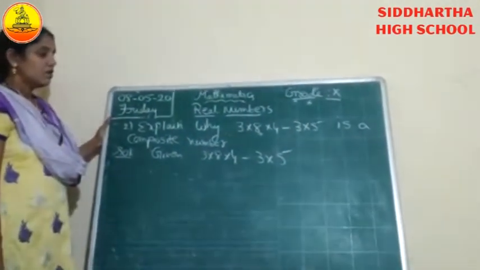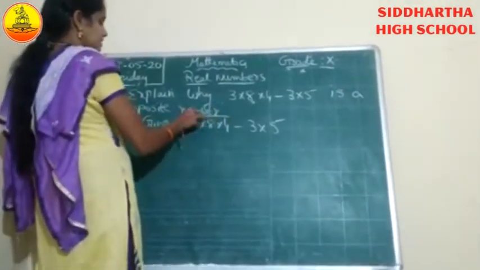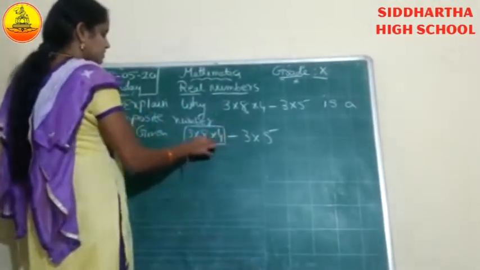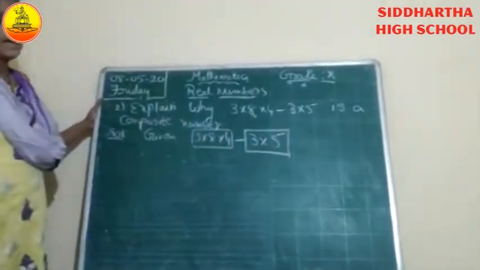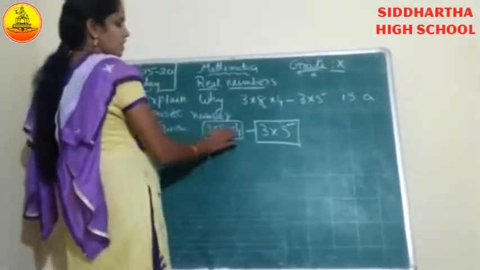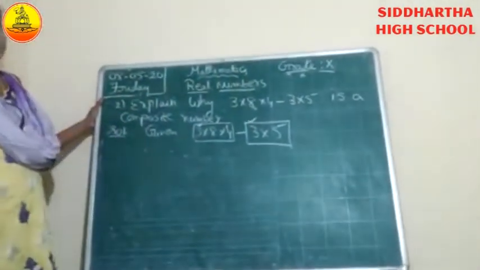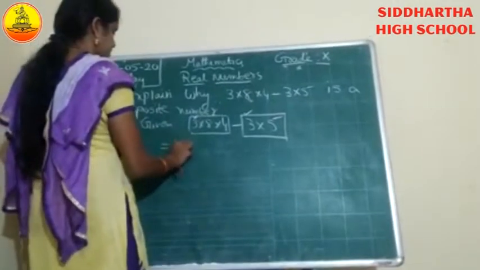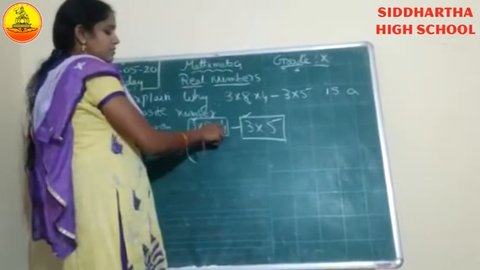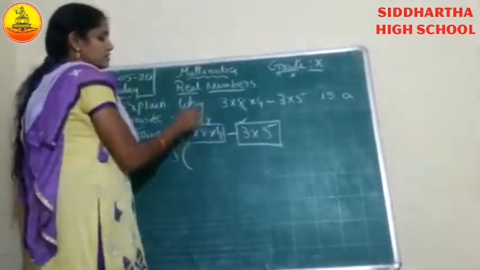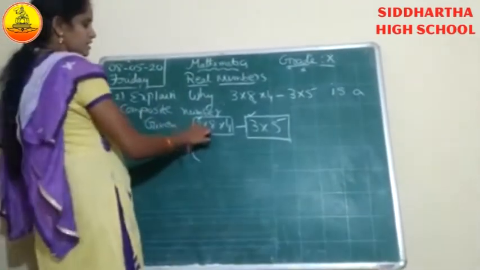Okay. So, what do we have to do? First of all, we have to divide. How many terms are there here? Here the minus symbol is there, so before the minus, this is one full term. And here you check what is common. Here also 3 is present, here also 3 is present. First you take that number common, 3. Is anything else common? Here 8 is there, here 4 is there, here 5 is there. Here 5 is not there in the first term, so we cannot take any number common. Still, what is left here?